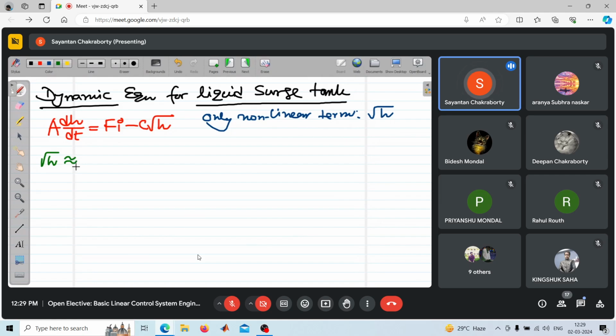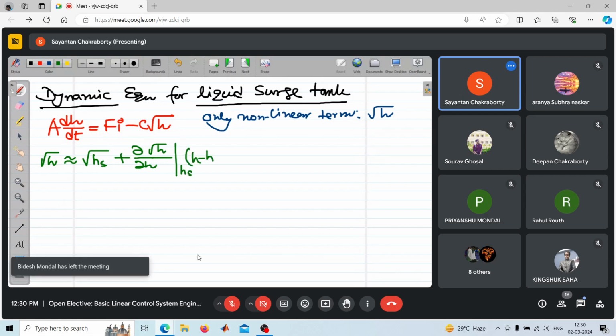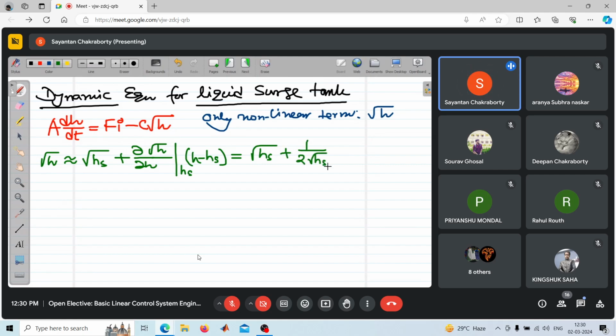Root over h can be approximated as the nominal operating point plus del of root over h calculated at h minus hs. So that is root over hs plus 1 by 2 root over hs times h minus hs. So with this, the linearized model becomes